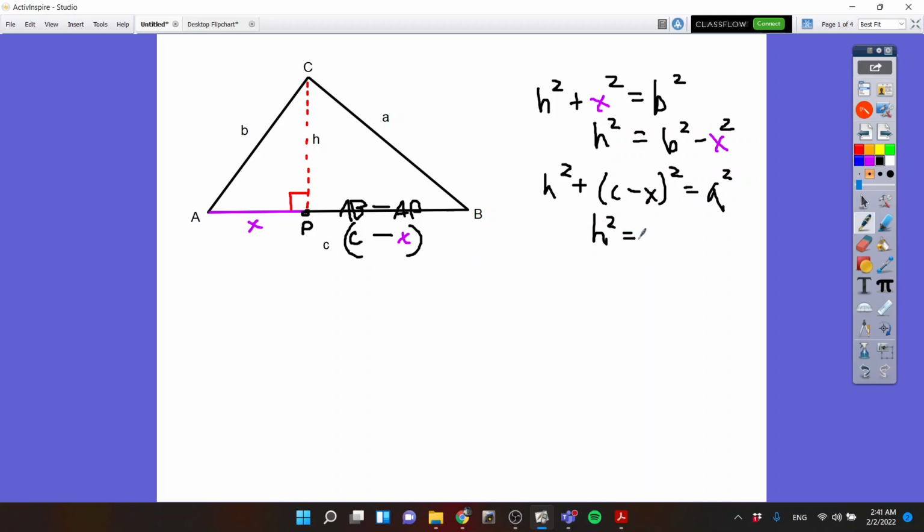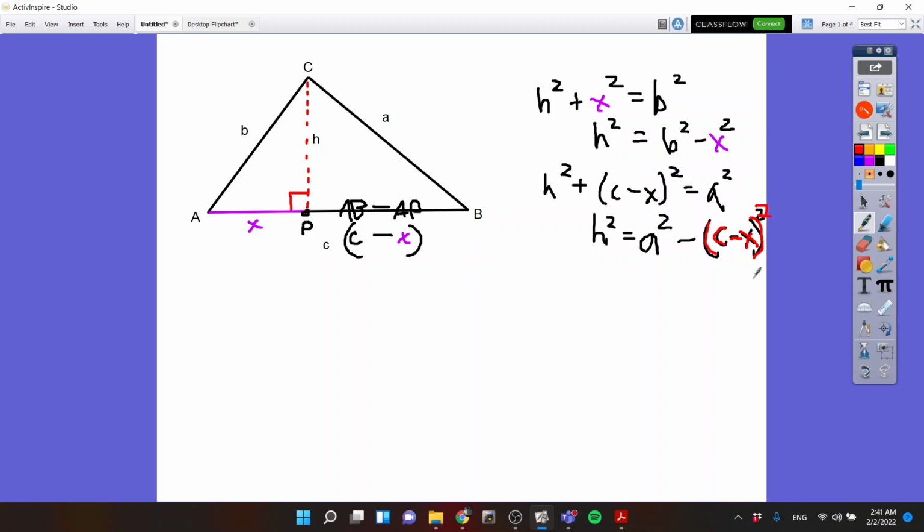And also, that's why I didn't solve all the way for h, because h squared and h squared are also equal. So I'll be able to set these other sides equal to each other. Well, this is a squared minus this other thing if I subtract it to this side. So I've got c minus x squared. I also know that I want to multiply this out, so I'm going to go ahead and do that. I'll use my color coding again to say this is c minus x